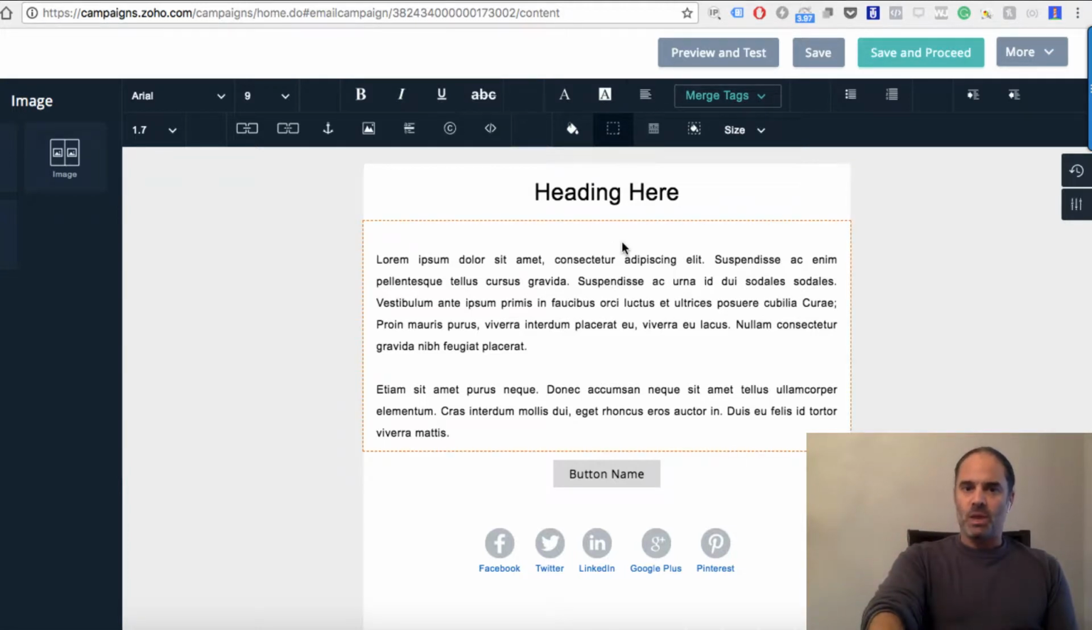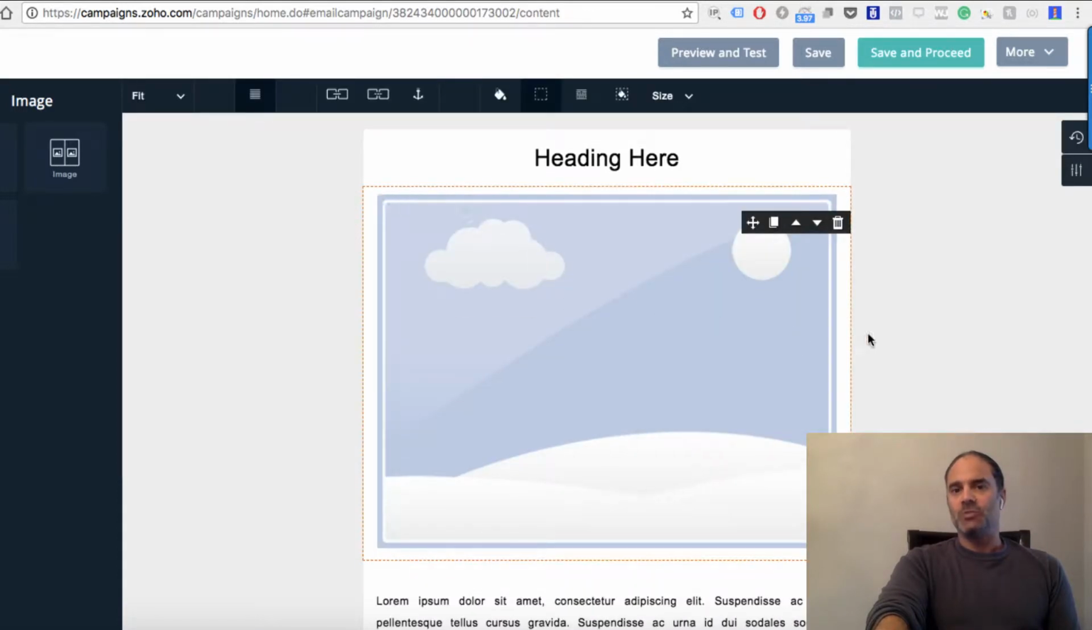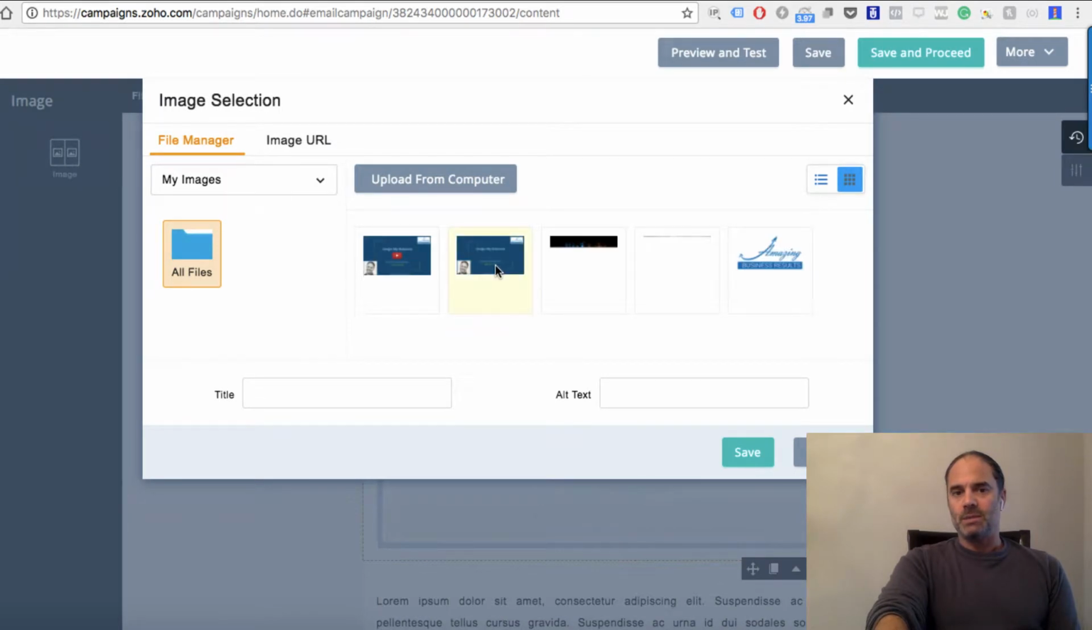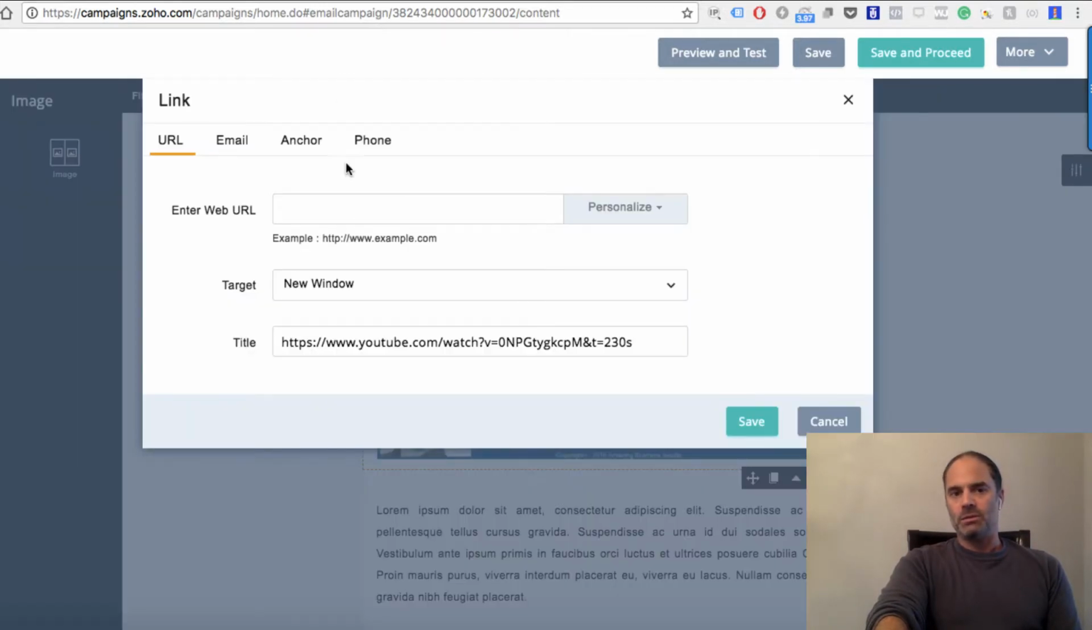So check it out. If we go in here, I'm using Zoho Campaigns, but you can use any software. It works with everything. And I'm dragging a picture into the email. I'm going to select an image. And now I have the image. Once I'm clicking on the image, I'm clicking on the link option. And then I'm going